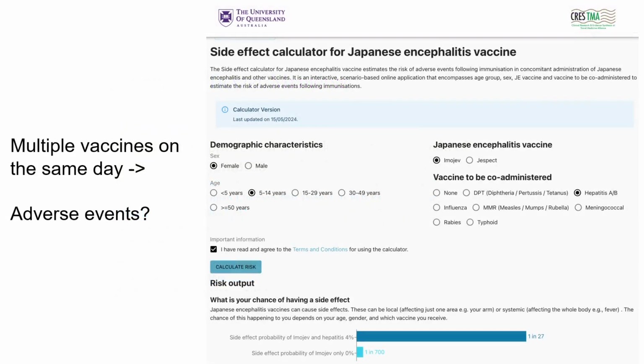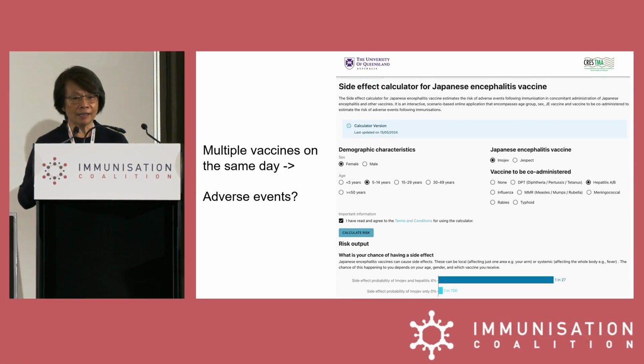And just the very last thing, I know I'm running out of time and it's lunchtime, another challenge we have in travel medicine is giving multiple vaccines on the same day. Now, I know we do that with routine childhood immunizations, but with those, everyone gets the same thing and we have heaps of data about safety. But in travel, we give people a range of different combinations of vaccines and we don't have a lot of data on those. So we've looked at this using machine learning models,